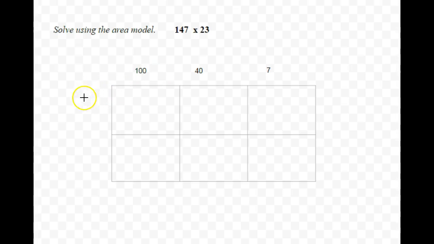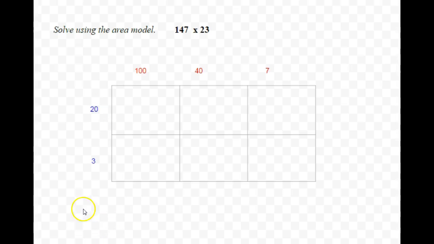Next, we take apart that 23 and we turn it into tens and ones. So we've got 20 tens, and then we've got 3 ones. So, with our numbers ready to go,